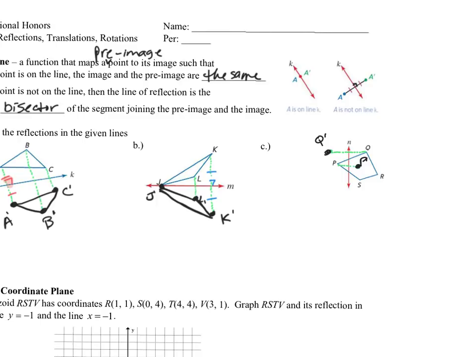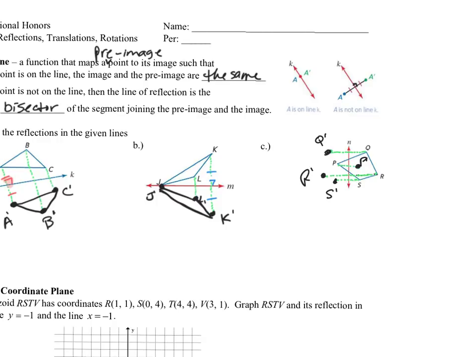All right, and the red line N should be the perpendicular bisector. Oops, let me change color. The perpendicular bisector of the segment, right about there, that connects R to R prime. And then last but not least, let's find where S prime would land. So about there,